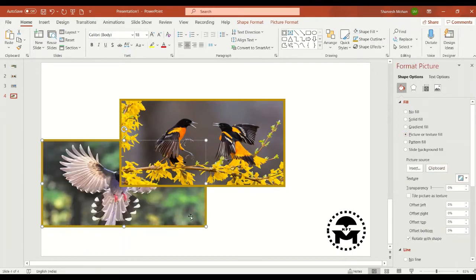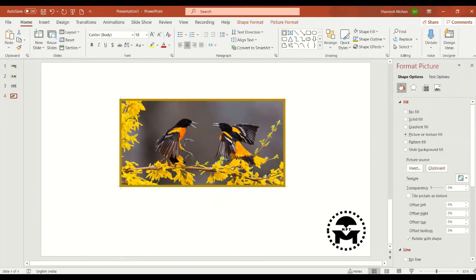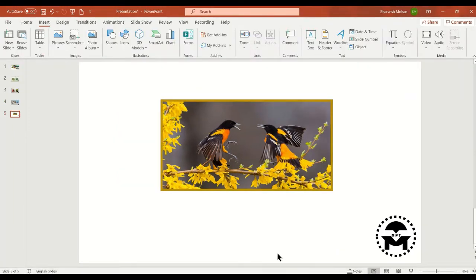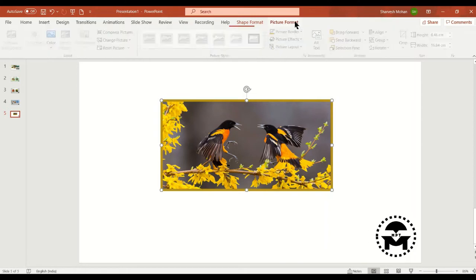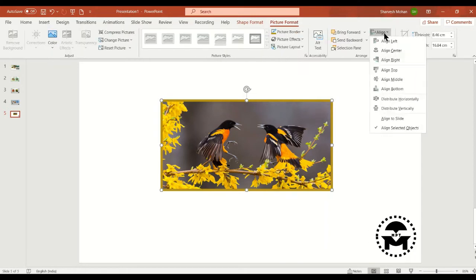So currently we pasted 4 pictures. Select all, Control A, go to Picture Format, Align, Align Center, Align Middle.